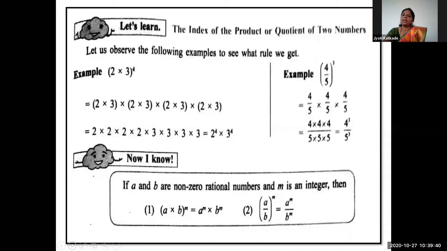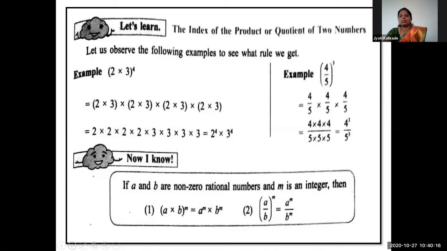If 3 times multiplication of 4 is given, then what is the power of 4? It is 3. When the power is 3, then we multiply that number 3 times. So the power or index of that 4 is 3. In the same way, 5 is also multiplied 3 times there. That's why the power of 5 is also 3. So we get 4 raised to 3 divided by 5 raised to 3.